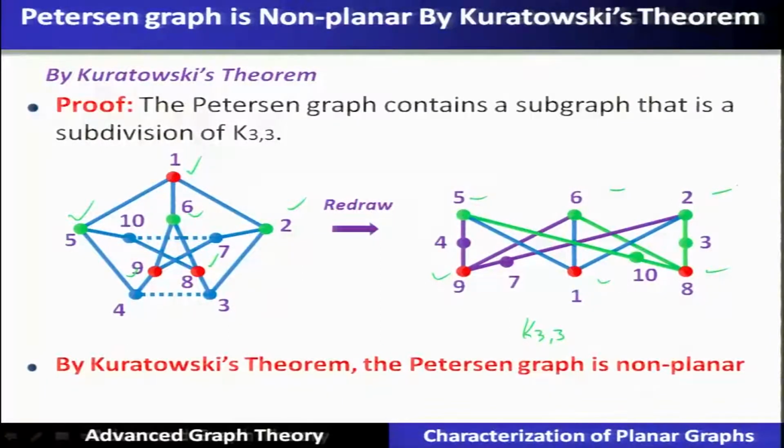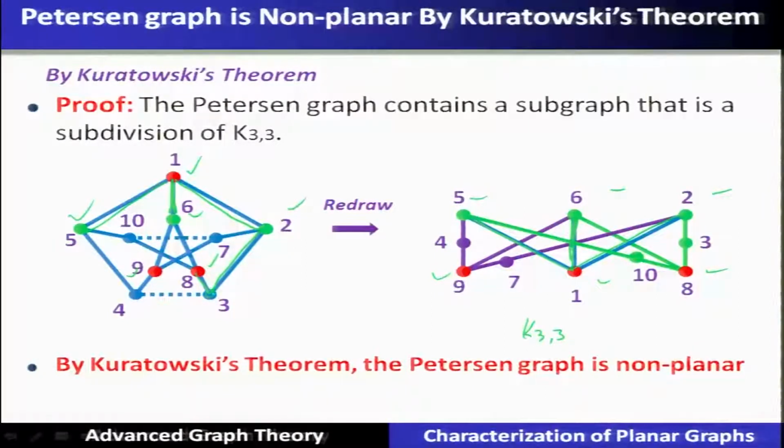Now, let us add edges. Between 1 and 6, there is a direct edge. Between 1 and 2, there is a direct edge. Between 1 and 5, there is a direct edge that we have included. Now, between 8 and 2,